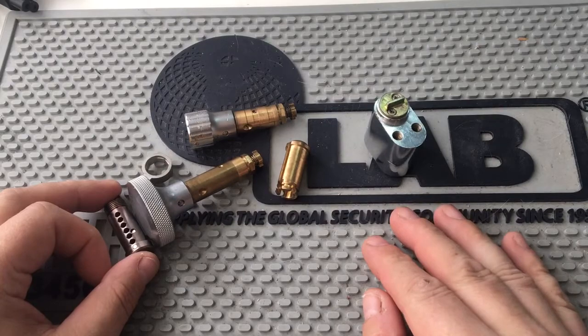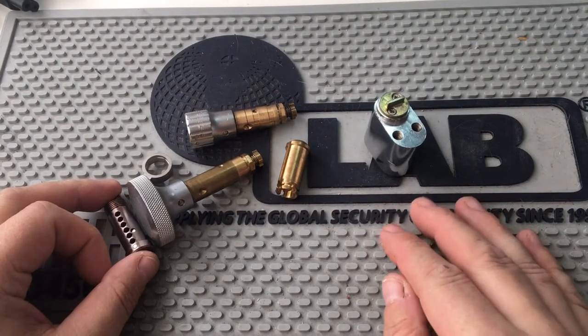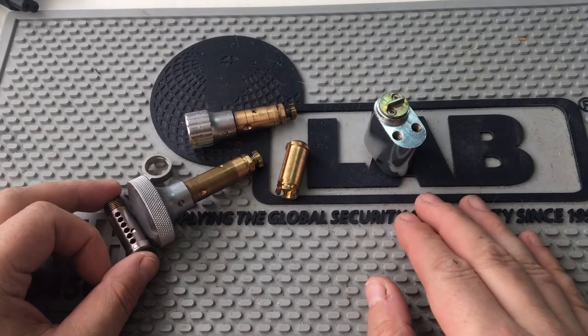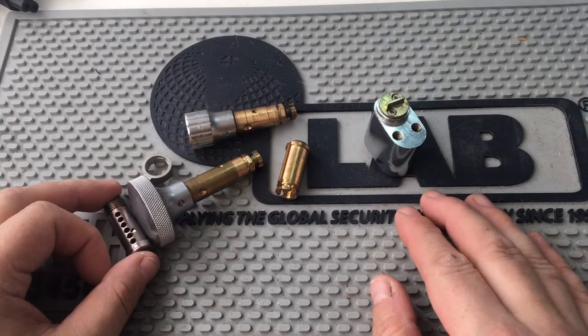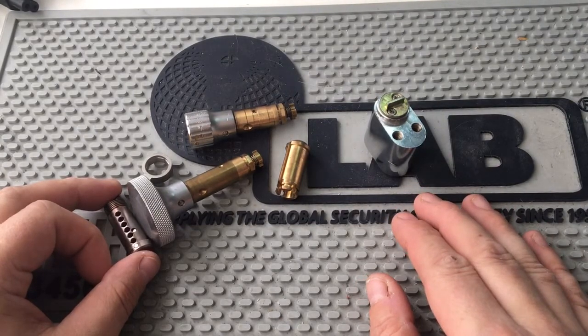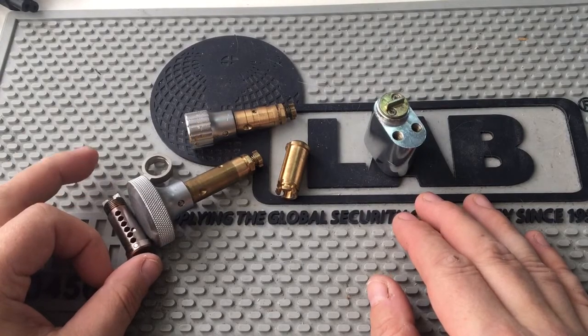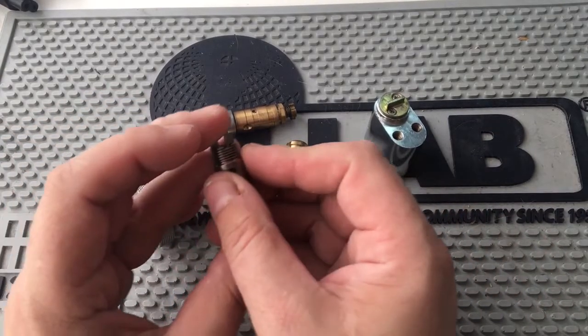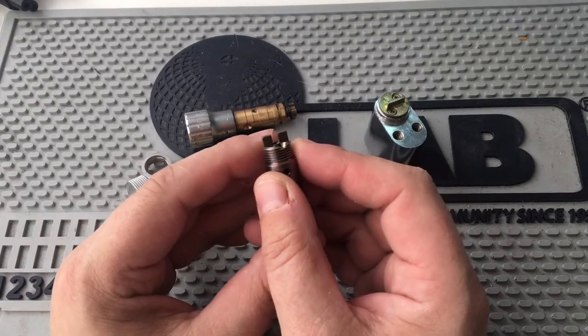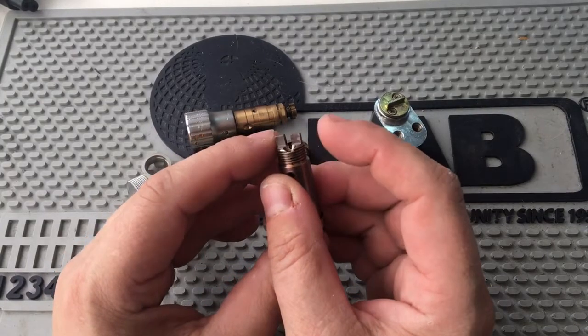But if you fail to do it in time, then there's a good chance you are looking forward to a visit from the local locksmith, and it's going to be quite expensive because dramatic things are required to restore the locking function. And if we look at one of these, this is the new S plugs, and they have the